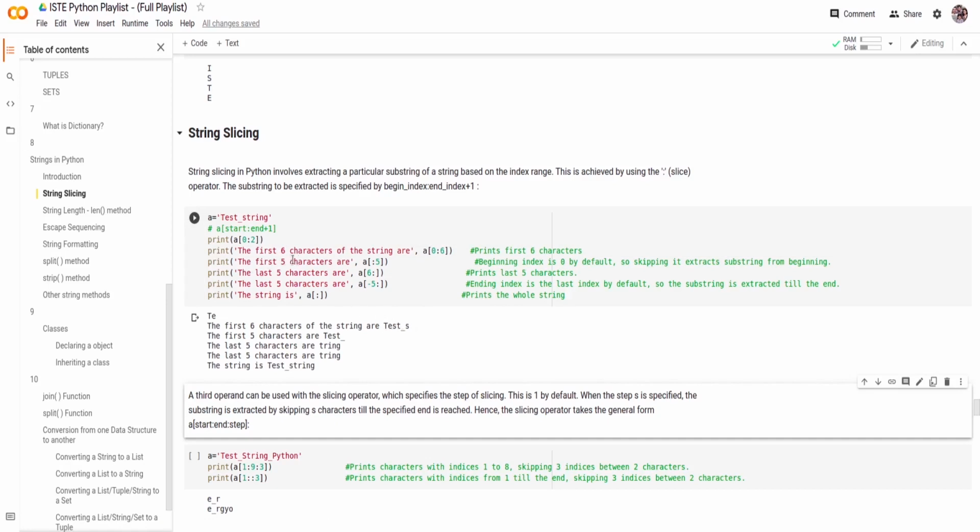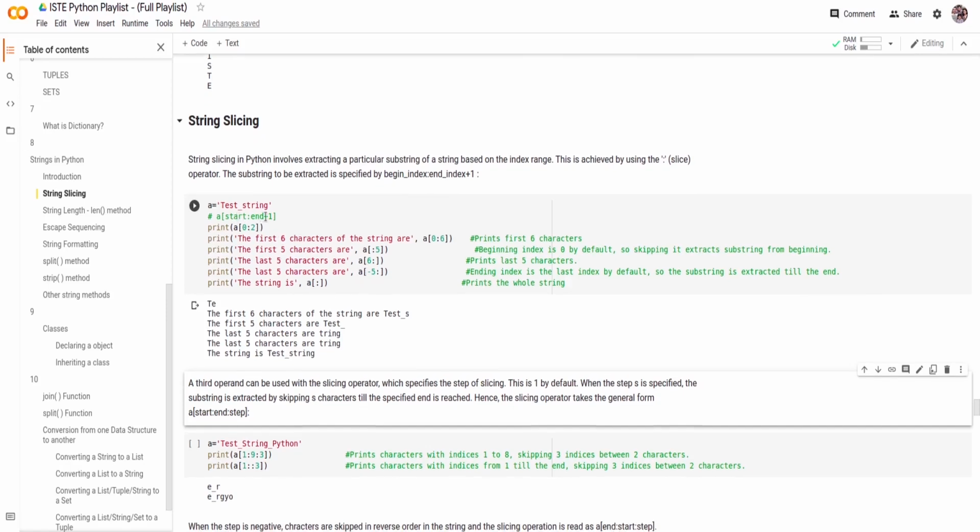Similarly, if you want to print the first 5 characters, there's another way. You can skip the starting index, because if there is no starting index given, it is assumed to be 0. Similarly, if you skip the ending index, it is assumed to be the end of the string. So if you do 6 colon, you can see the string except the first 6 characters. And since we know that negative indexing is allowed, if you do A of -5 colon nothing, that means the last 5 characters would be printed out. And if you leave out both the start and the ending index, it will print out the whole string.